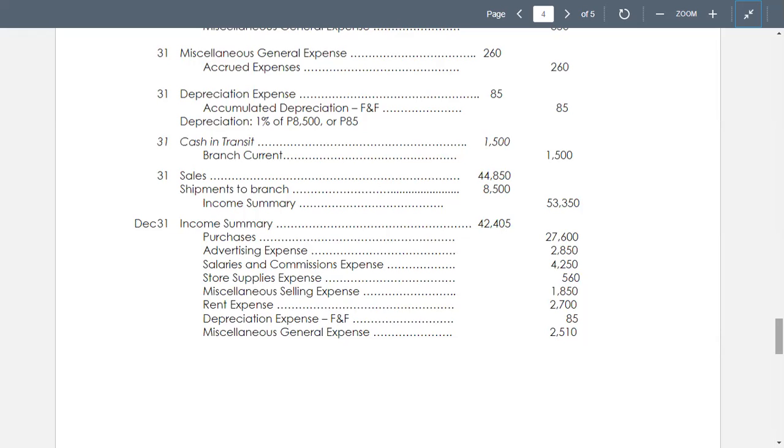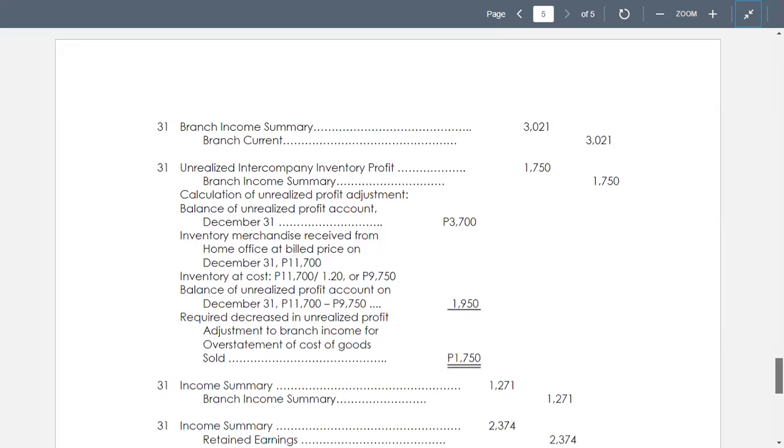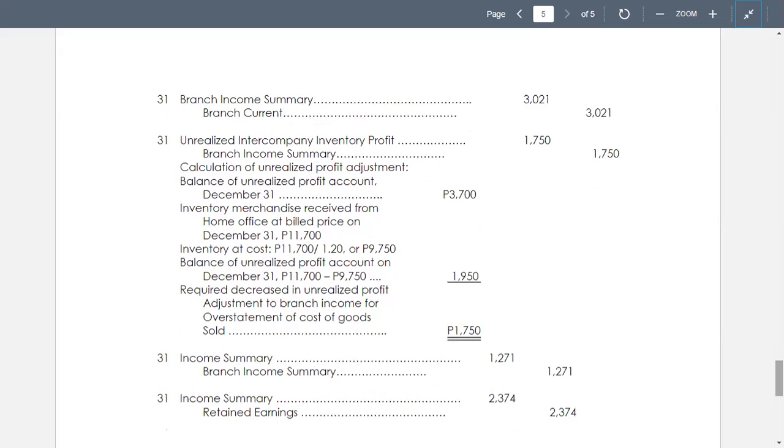So take note that we have a credit to income summary of 53,350 and a debit to income summary for 42,405. Next entry in the books of the Home Office is to debit branch income summary for 3,021 and to credit branch current. That is for the net loss of the branch,